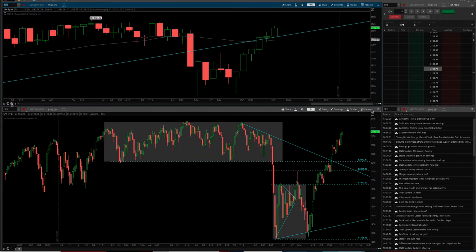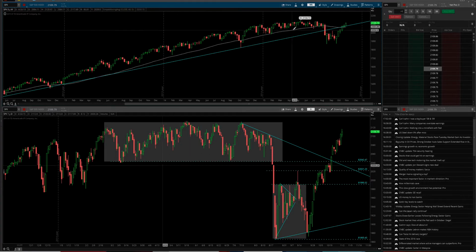We're basically testing these highs here around 2134, and I do think they get tested. I think that we do see a little bit more upside. Not much, but a little bit more. I'm not necessarily saying that's tomorrow, but the way this market's run as quick as it has, I wouldn't be surprised to see those highs tested. I would say we're probably about another 20 or 30 points to the upside